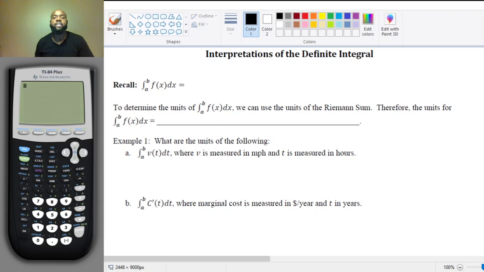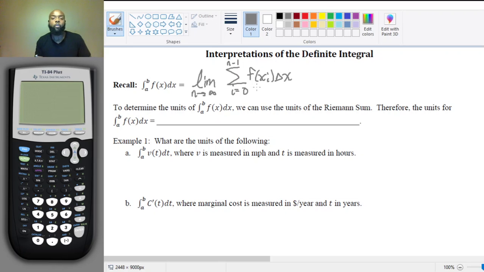In this video, we're going to discuss interpretations of the definite integral. Remember, when we were discussing the definite integral previously, we used this integral, right? For instance, we defined the integral from a to b of f of x dx as the limit of a Riemann sum. The specific limit is the limit as n approaches infinity of either our left hand sum, which starts at 0 and goes to n minus 1, of f of x sub i times delta x,